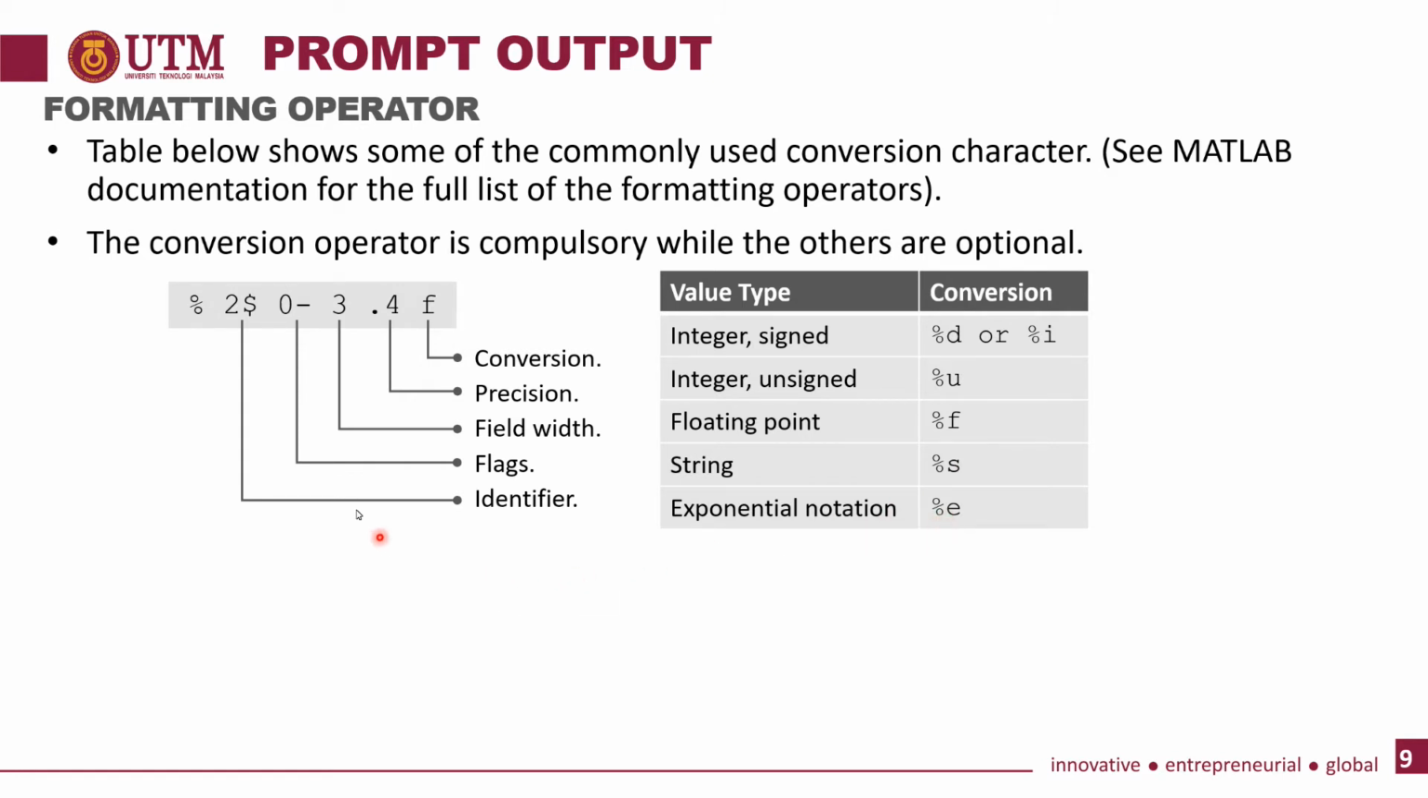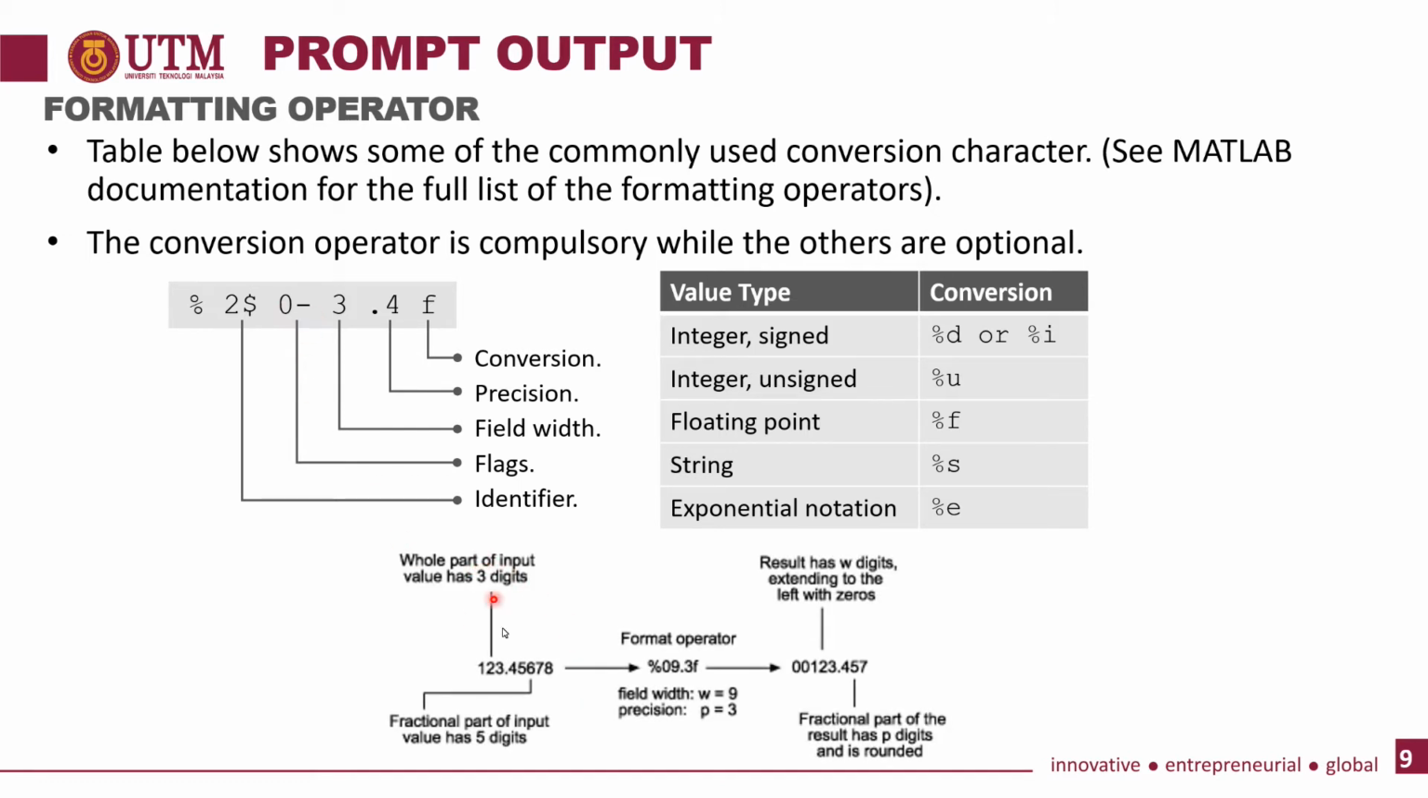Okay, so inside the formatting operator, it has some other elements. For example, you have identifier here, you have flags here, you have fill width here, and you have a precision. Sometimes the flags are used when... okay, let me show you this example first. This is one of the examples where the value 123.45678 has been initialized. When you want to display inside the fprintf, for example, if you are displaying a percentage, this is the format operator example, percentage